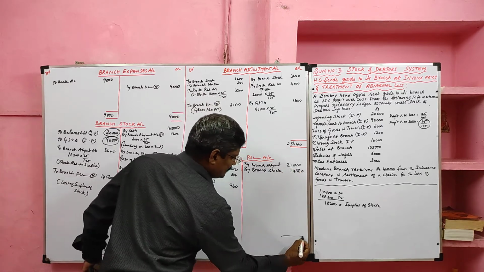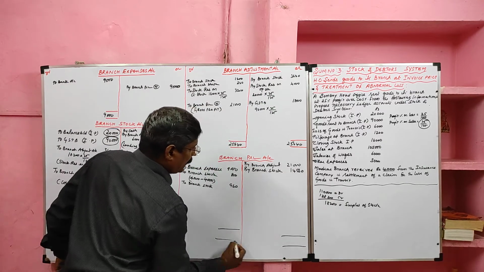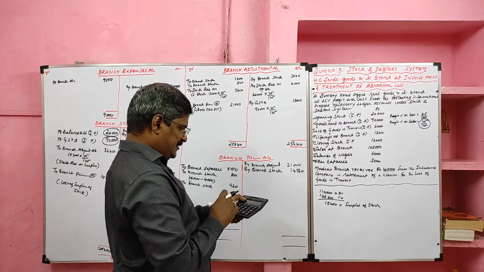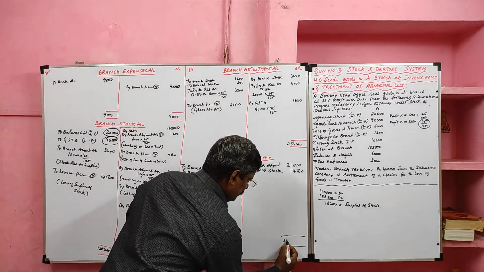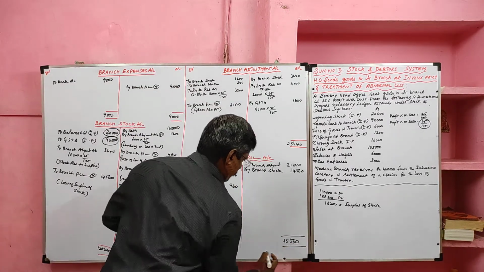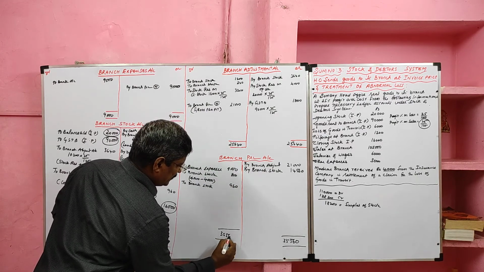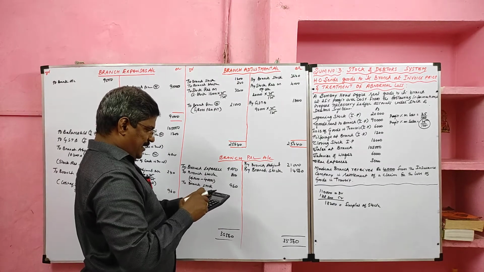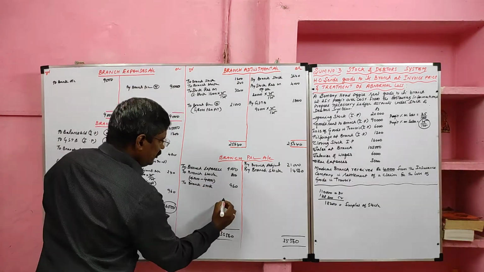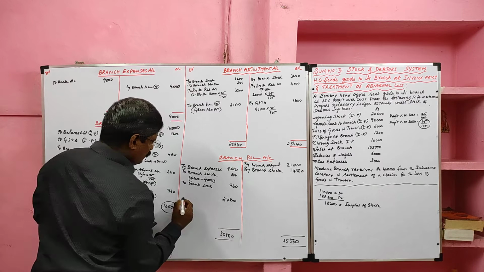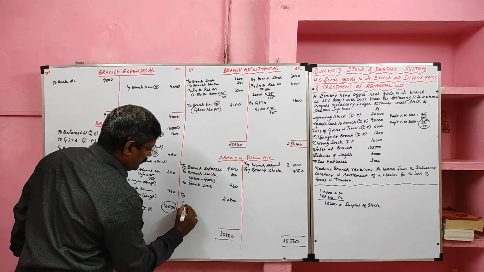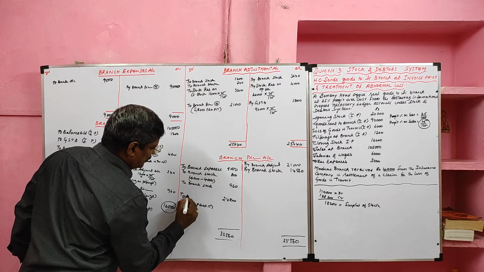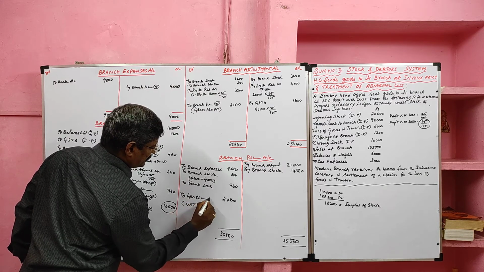Then we'll balance this. The credit side total is heavier than the debit side. So 21,000 plus 14,560, total 35,560. 35,560 minus 9,000 minus 800 minus 960 gives 24,800. It is considered to be net profit. Transfer to the general profit and loss account.